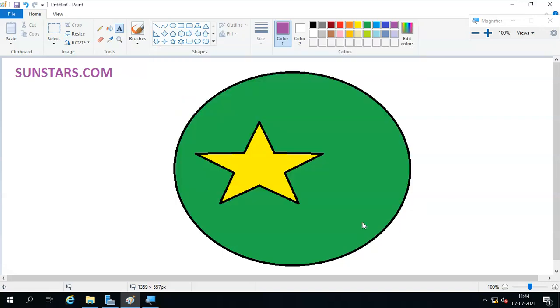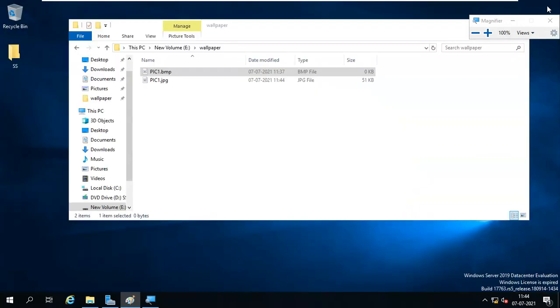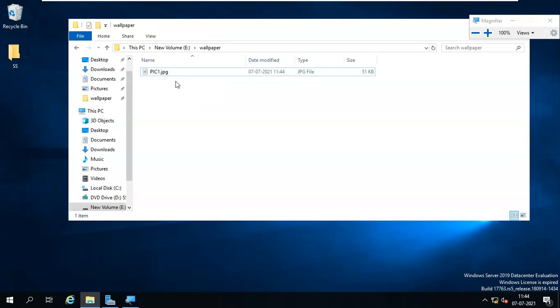Okay, save. The entire thing I'm doing on the server only. I saved the picture. So this is a BMP file which I created. So I'm deleting that one. So I'm keeping a JPG file only. This is the actual file. Okay, JPG file.